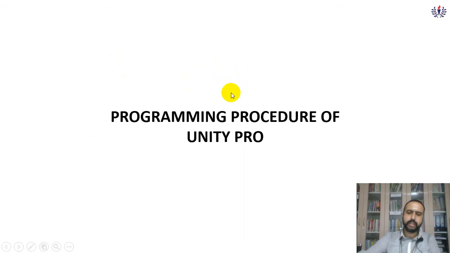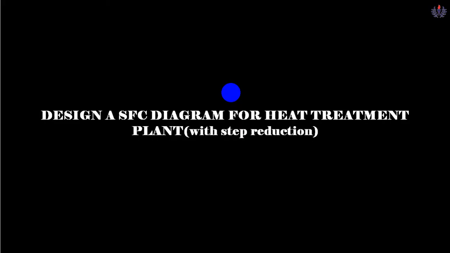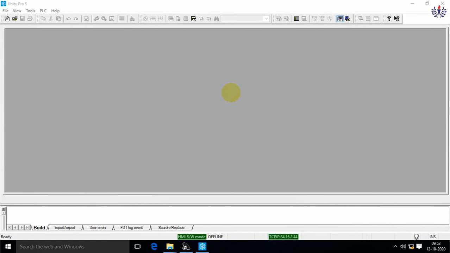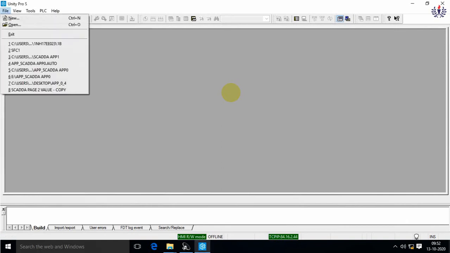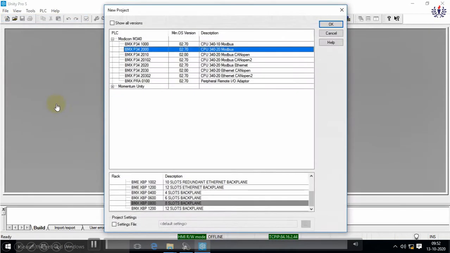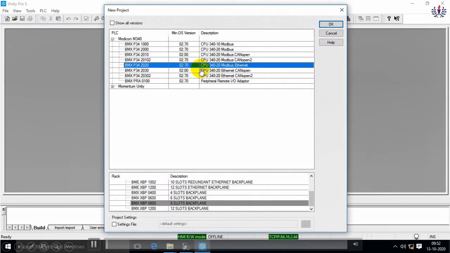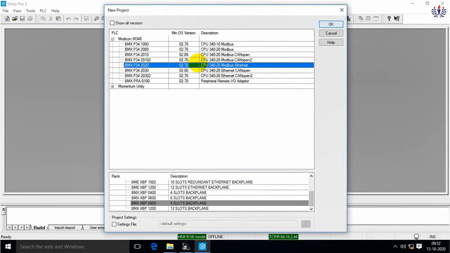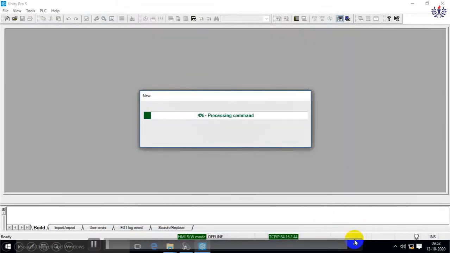And now we are going to see the programming procedure in Unity Pro, how it is going to work. That we are going to see in detail. The design of an SFC diagram of a heat treatment plant with reduced step technique we are going to see. For that, the similar procedure we have done earlier, the same we are going to follow, not a different one. So here I am going to start a new experiment, so I am checking for a new CPU model, that is P342020, which I have taken and configured,